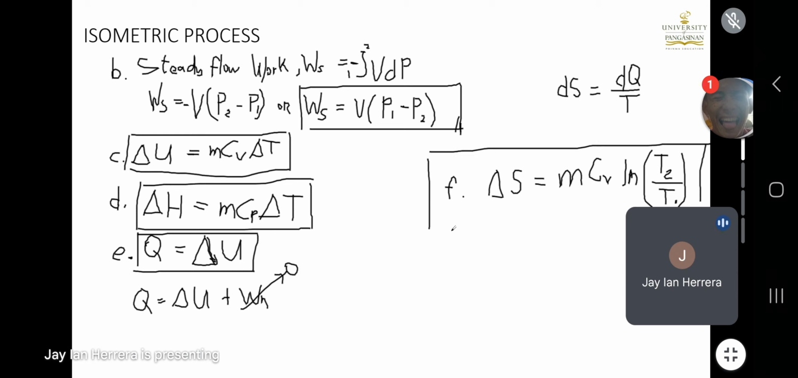Okay, so please take time to screen cap the following. These are your general working formulas for isometric process. Okay na? Yes, sir. Okay. So next, we go to